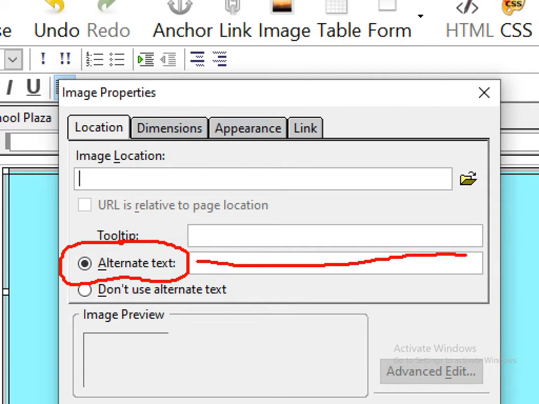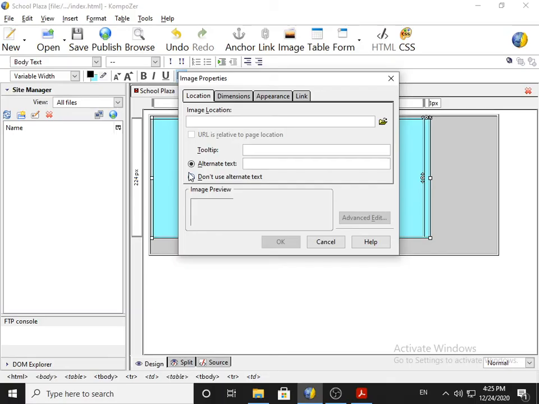And if you feel that you don't want such alternate text, then you have to click on this, don't use alternate text. Alternate text is such text which will display when the server is not able to show the image to the person who opens your website. So first of all you have to decide: alternate text or don't use alternate text. I click on don't use alternate text.